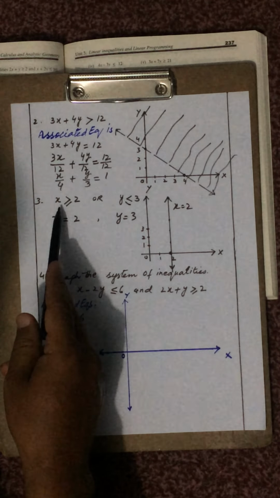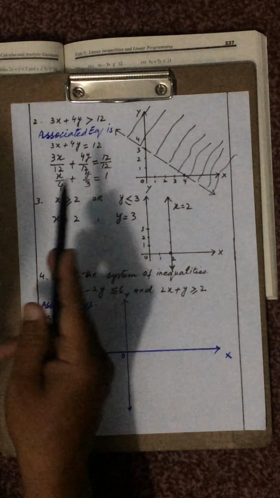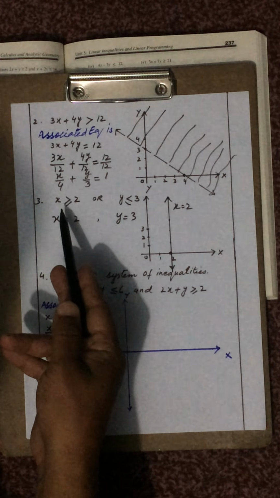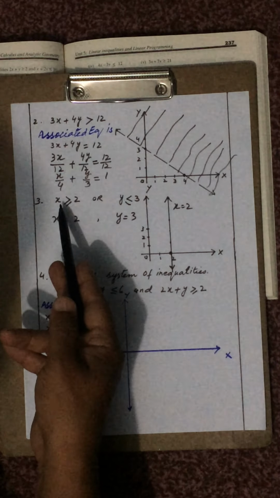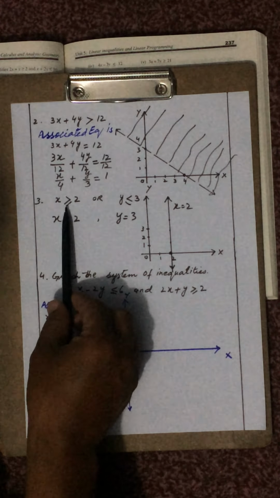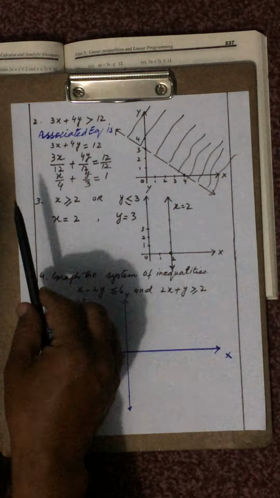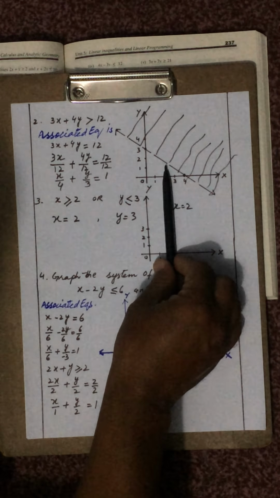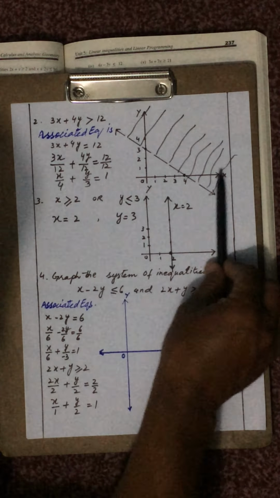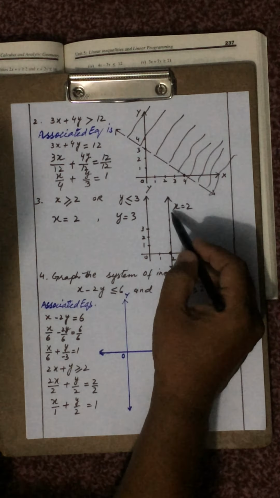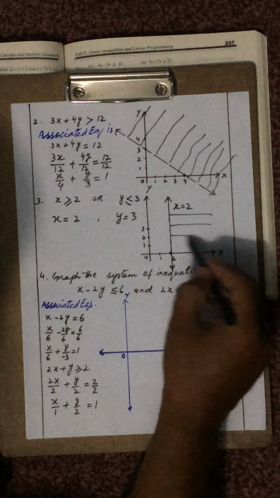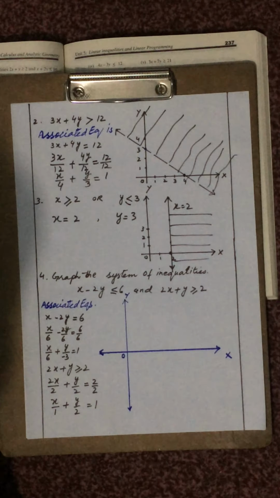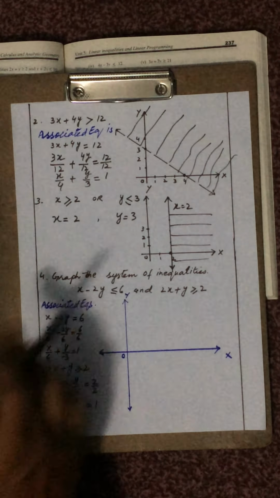Now we are going to draw the graph of x greater than or equal to 2. As you know, this is a half plane, and there is a greater than sign, so the graph of this inequality must be on the other side of the origin. There is the origin, and there are two sides, this one and this one. So the other side of the origin is this one. This is the graph of the inequality x greater than or equal to 2.